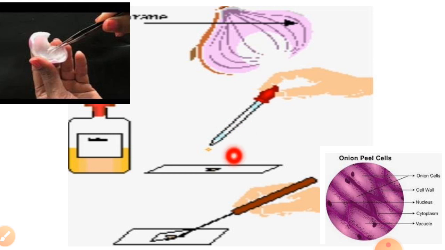What do you see? Under the microscope you can see a large number of cells side by side, and some large empty spaces in the cells. This empty space is called the vacuole, and you can find the nucleus also. The dense body at the center of each cell is called the nucleus, and this dark black colored part is the nucleus.